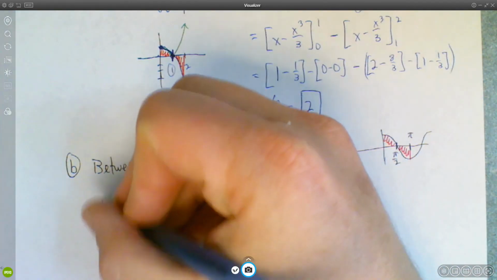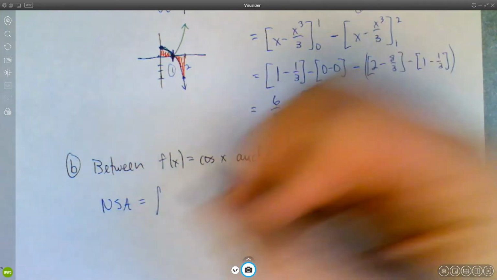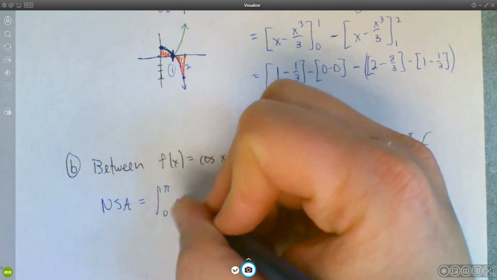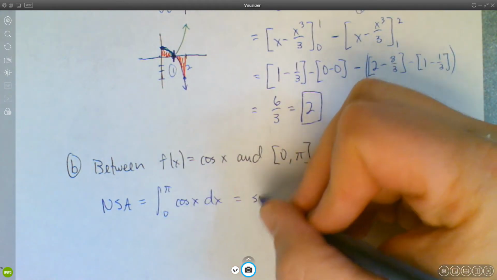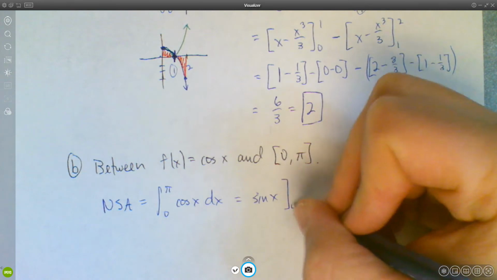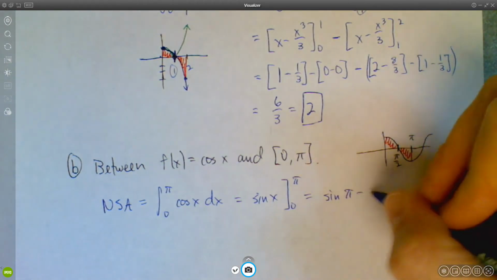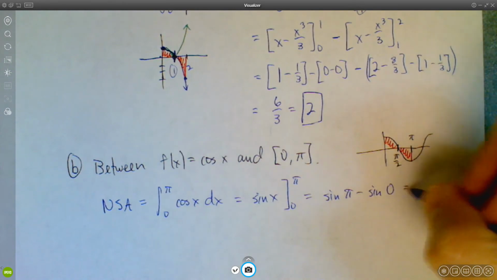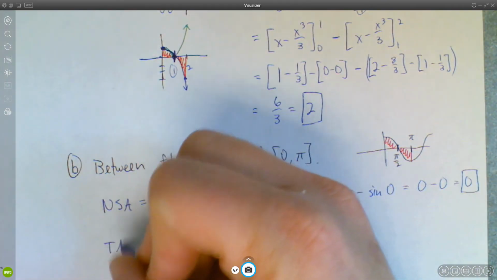So let's see. Net signed area. Well, that's just going to be the integral from 0 to pi of cosine x dx. We did this antiderivative a second ago. It's just sine x from 0 to pi. I plug in pi. I plug in 0. Sine of pi is 0. Sine of 0 is 0. So we just get 0, sure enough, right? Not very interesting. But if I'm looking at the total area,